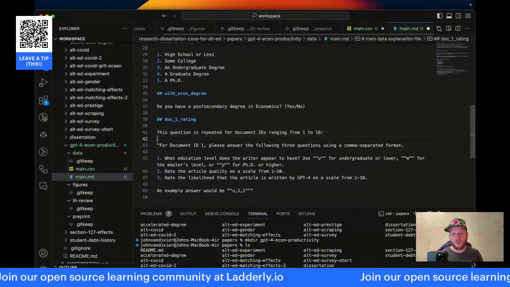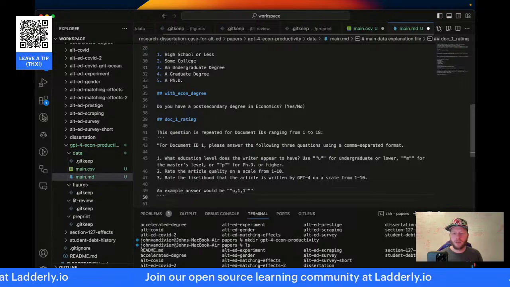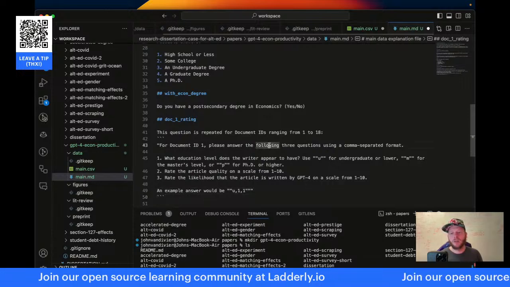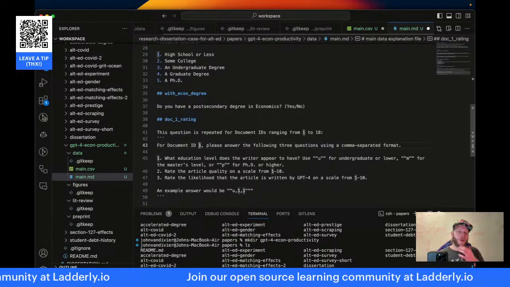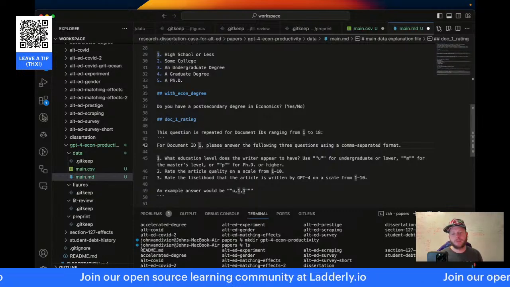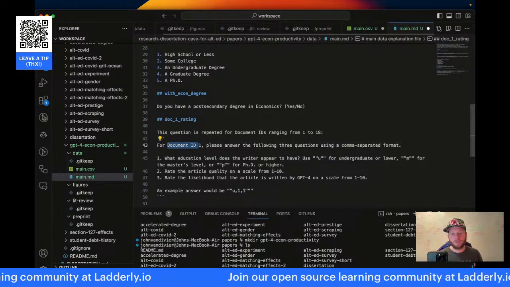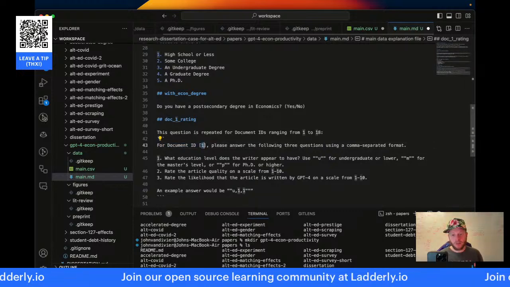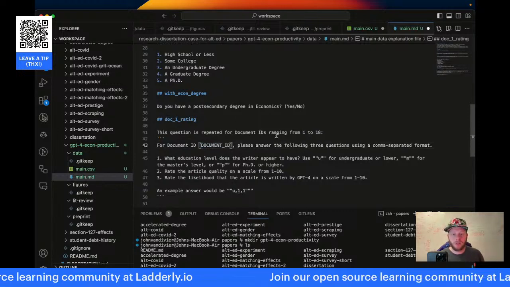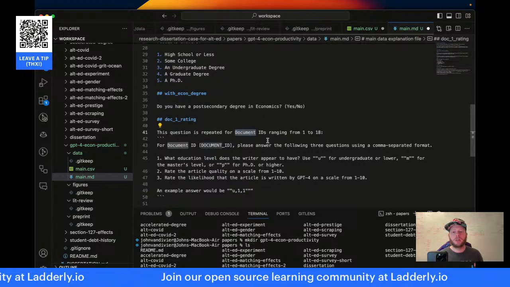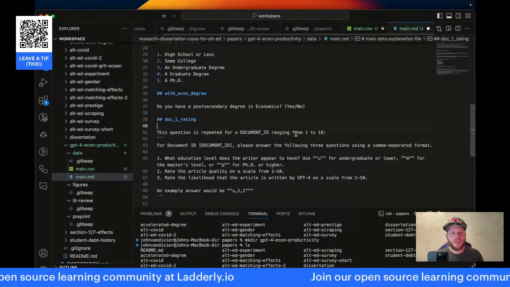Let me do this. For document ID 1, this question is repeated for document IDs ranging from 1 to 18.